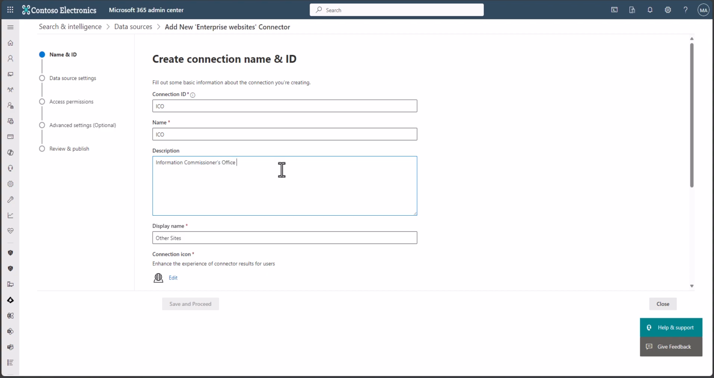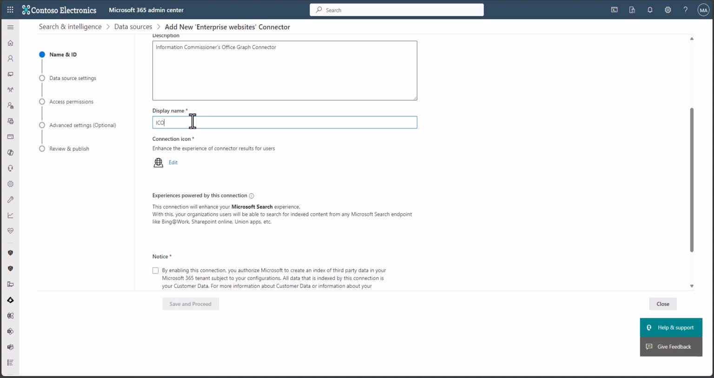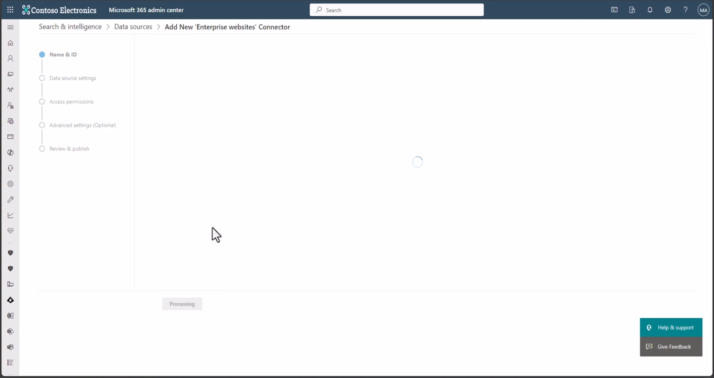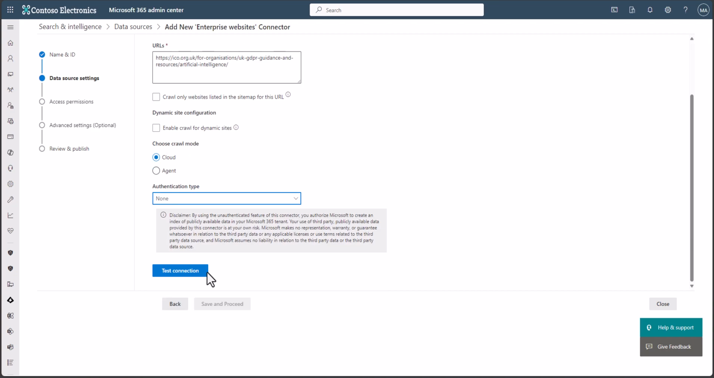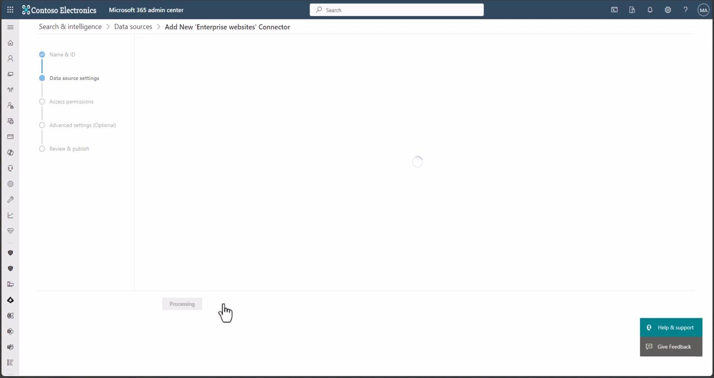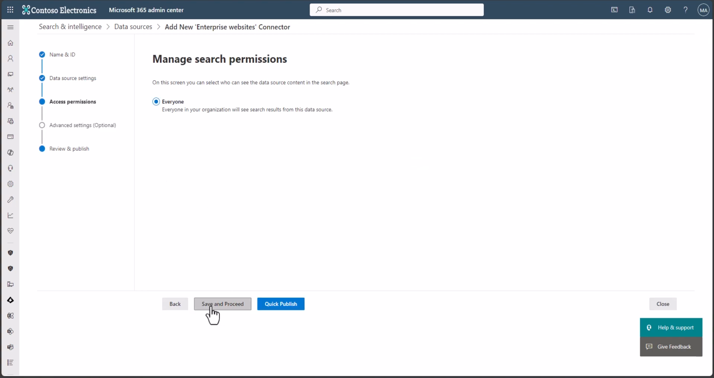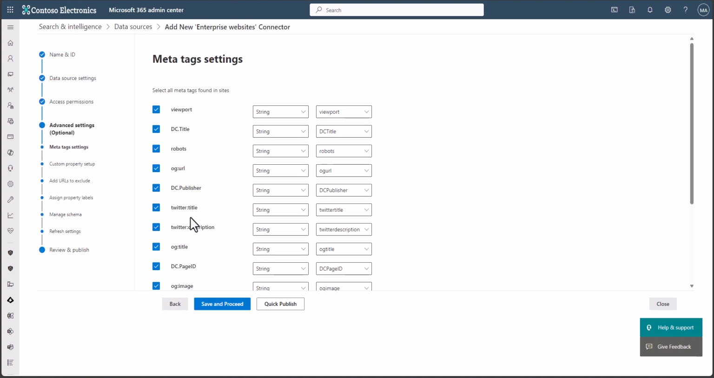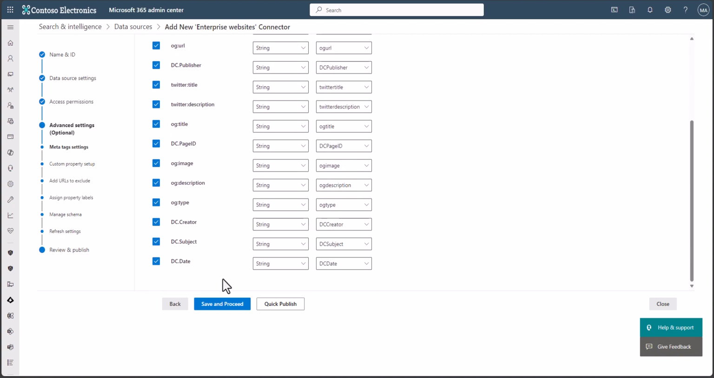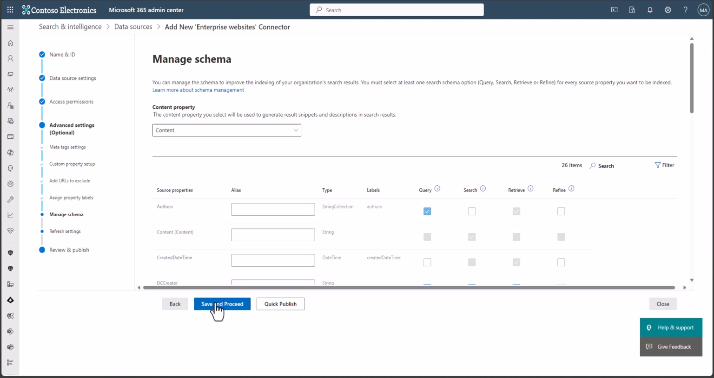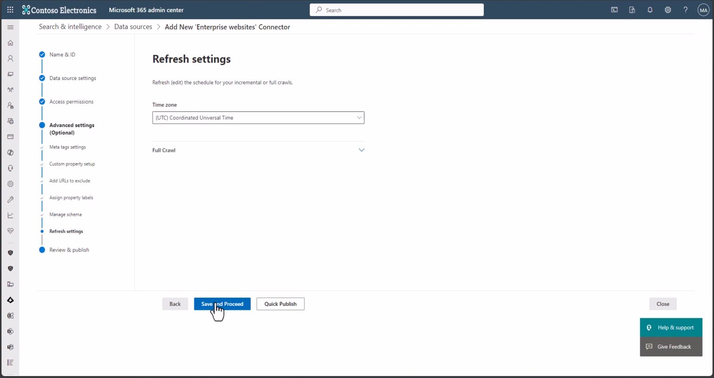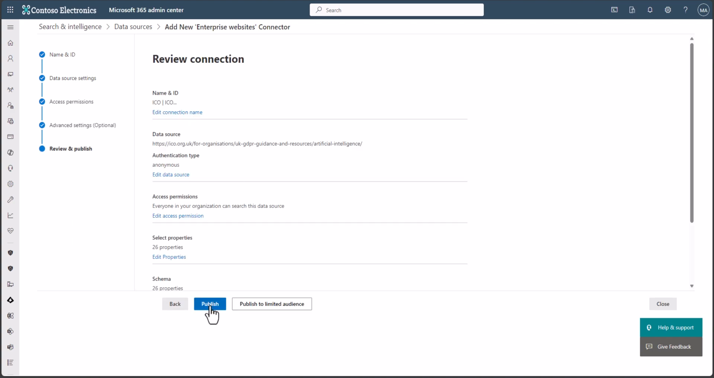Because there isn't any access control list, my only option is to make this data source available to anyone in my organization, and we'll see the search results if their prompt has the specific triggers which retrieve the indexed information. There are advanced settings such as selecting meta tags, custom properties, excluding URLs, and also the refresh settings for regular syncs of this data source. Once configured to our requirements, we can then publish this connector, and we can also see this in action from